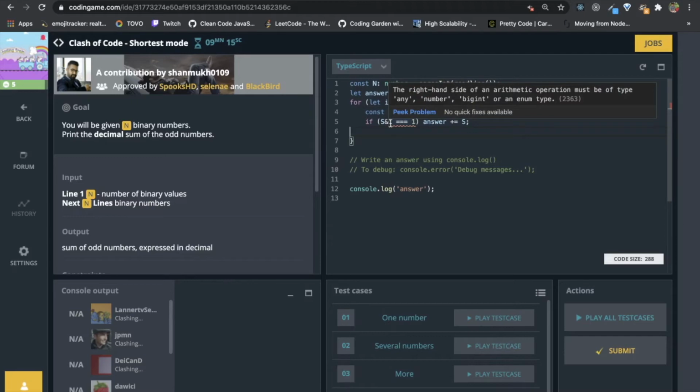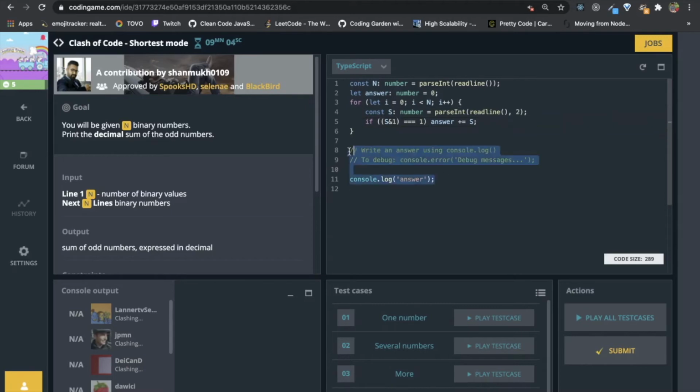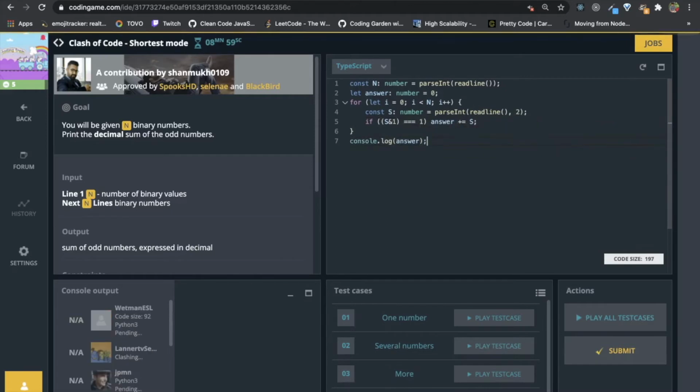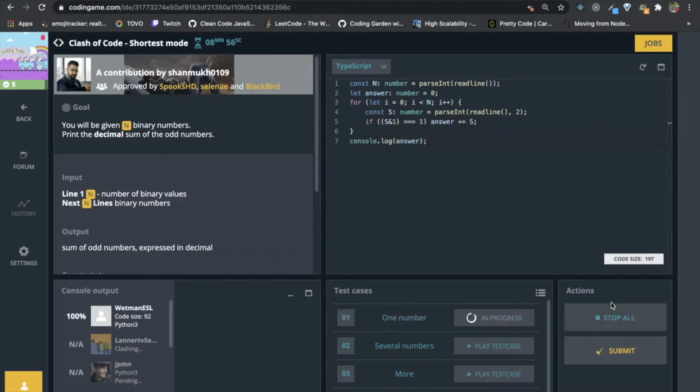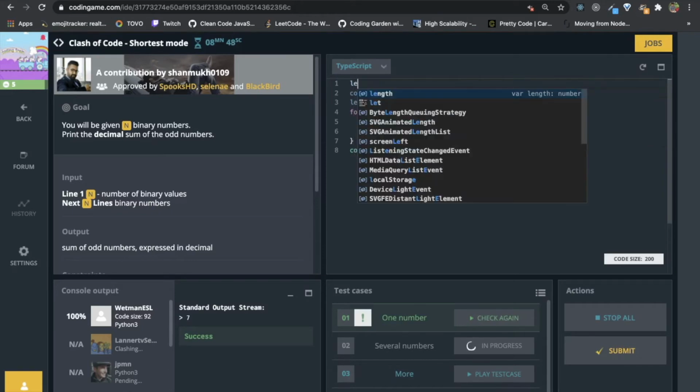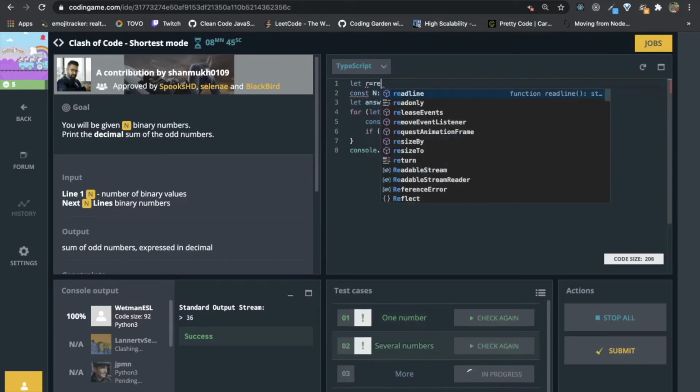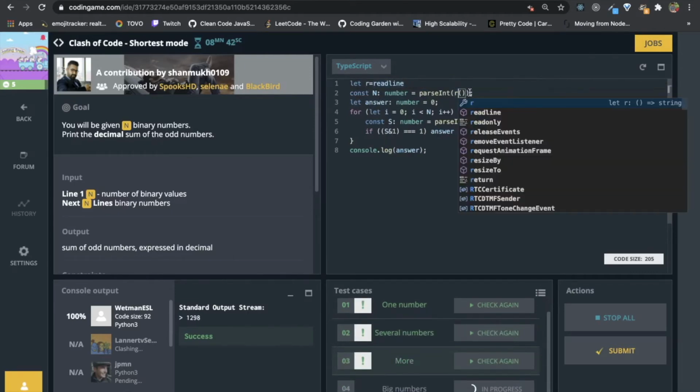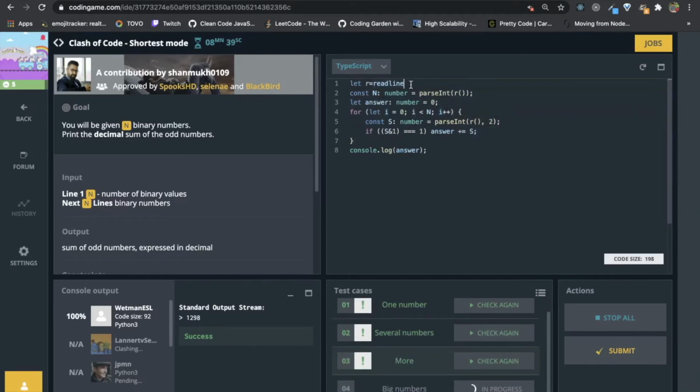Is there any problem? The right hand side of an arithmetic operation must be a number. Okay, let's print and see if our solution passes. Then we can shorten it. We will first do r equal to readline because we are calling readline twice, so we don't want to waste much space here.